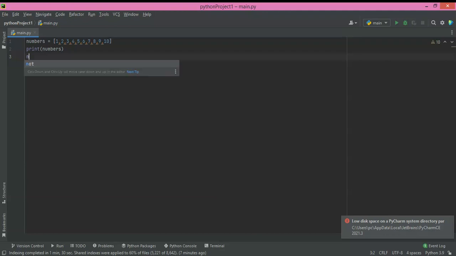So let's start with names. Now I will use names and equals again, and in these brackets you can write the names in quotations, comma separated.